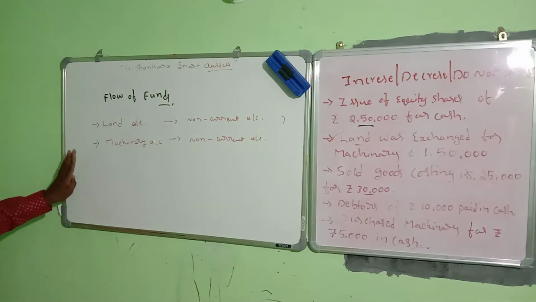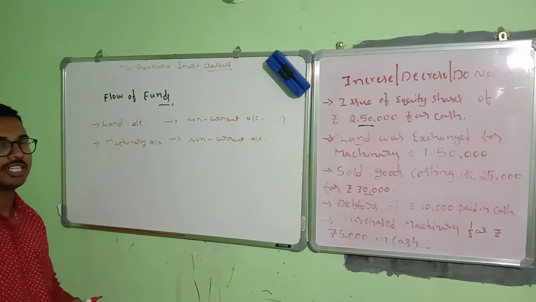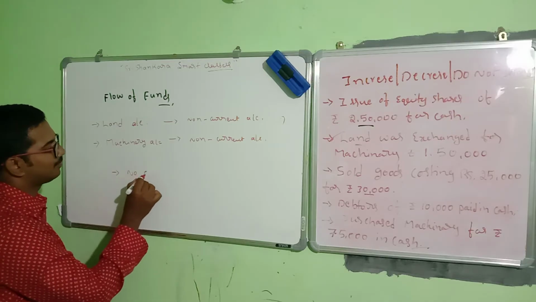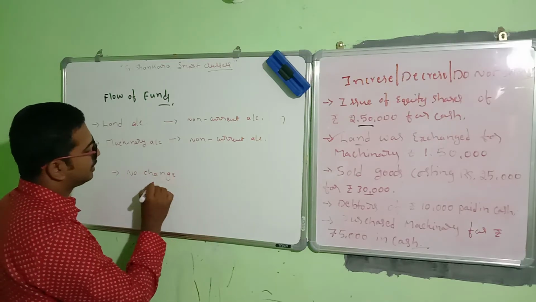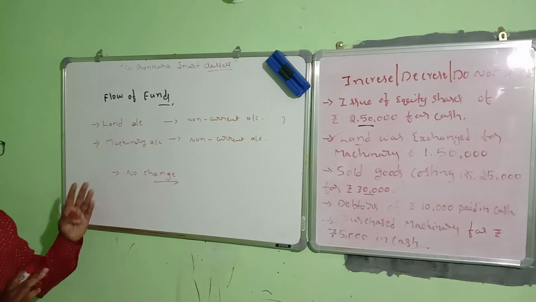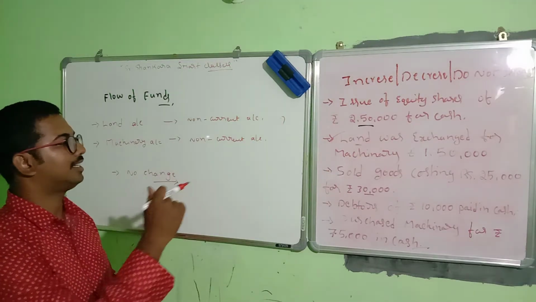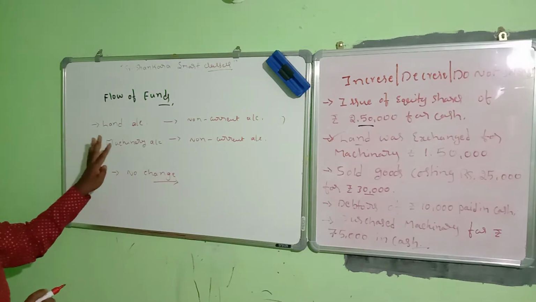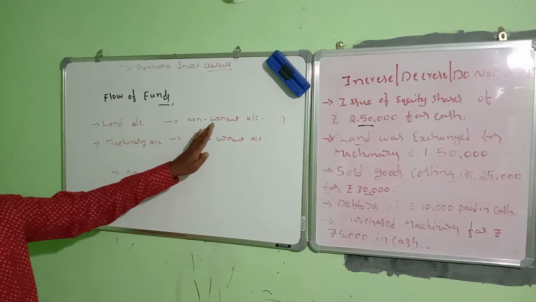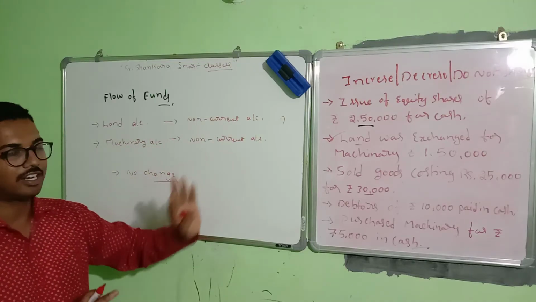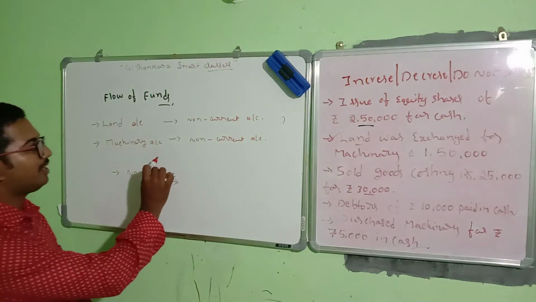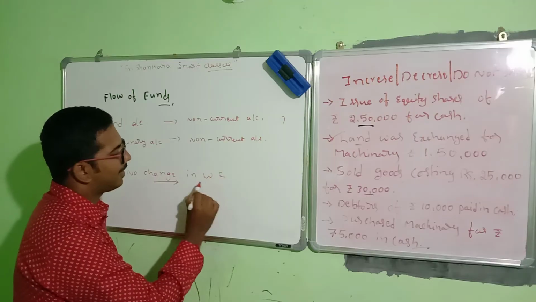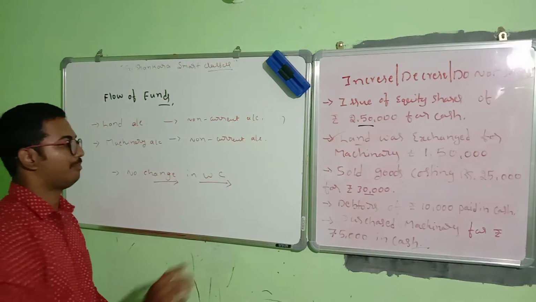So categorization 2: any transaction that happens between two non-current accounts. The result shows no change unless the transaction provides either expense, profit or loss, or income. So in this transaction we recognize only two accounts. Land account is a non-current account in nature. Machinery account is a non-current account in nature. So the transaction happened between two non-current accounts, which leads to no change in working capital.